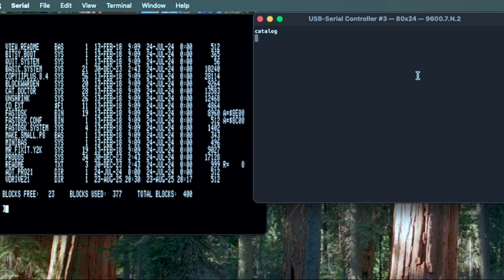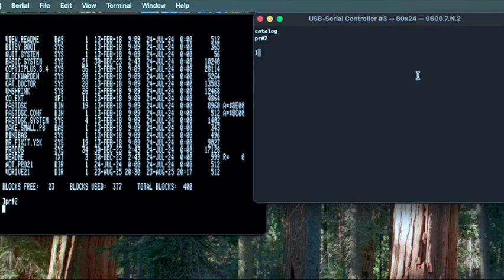Previously, we ran IN number 2. Now we will do PR number 2. So PR number 2, and this is going to tell the 2C to send output to port number 2. Okay, notice that the text caret is no longer here on the 2C console, but it has moved over here to the USB serial console. Now if we type in catalog,